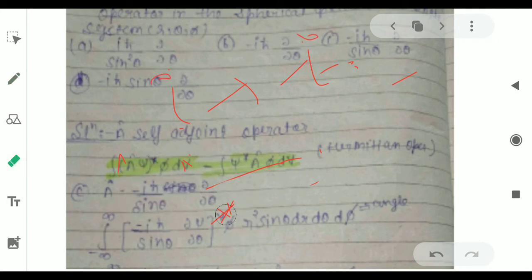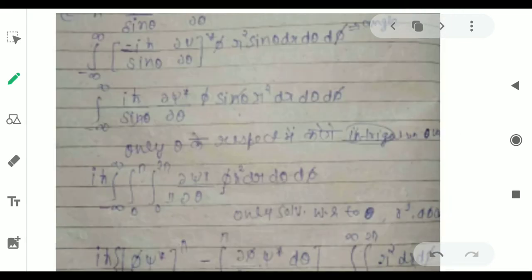Now here we put iota instead of minus iota. This is the complex conjugate quantity. You can clearly see that here it is minus iota, and after the complex conjugate it is plus iota. We take iota to minus iota, so the minus becomes plus for the complex conjugate. Now this is a simple integration, and you have to solve only this.